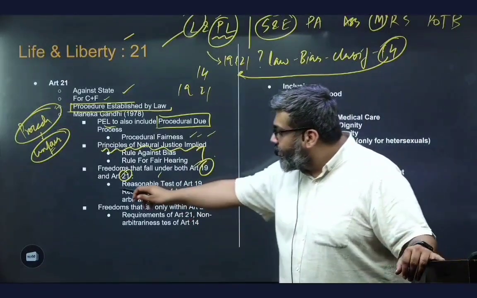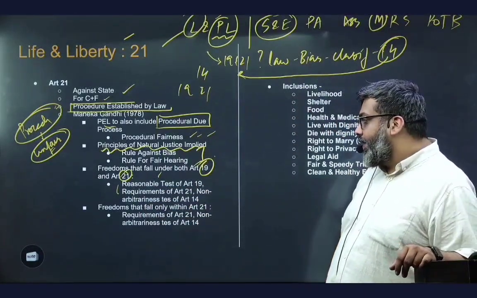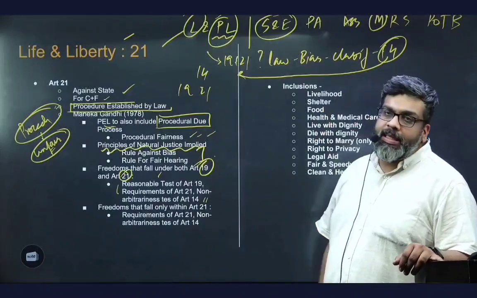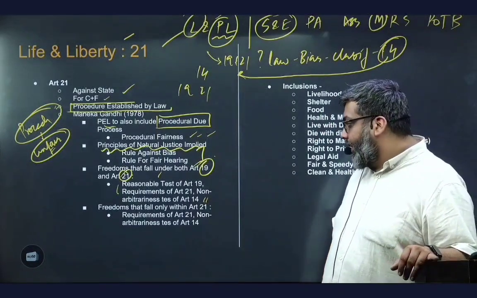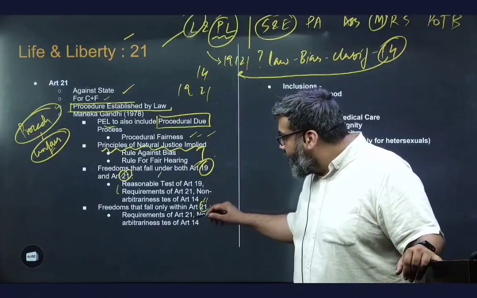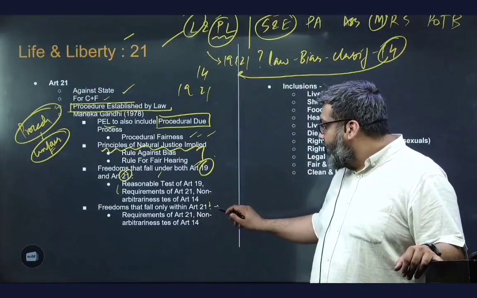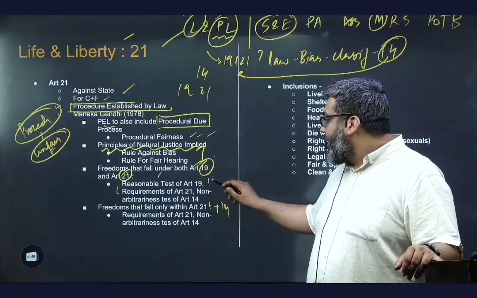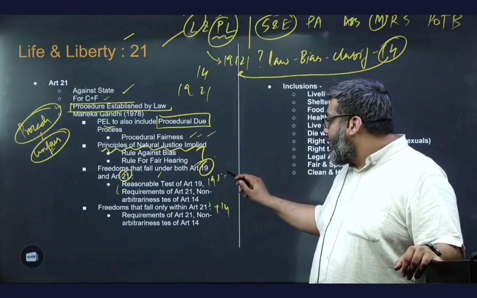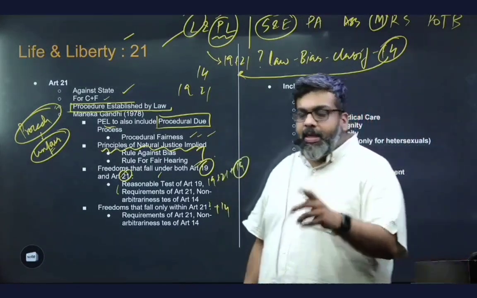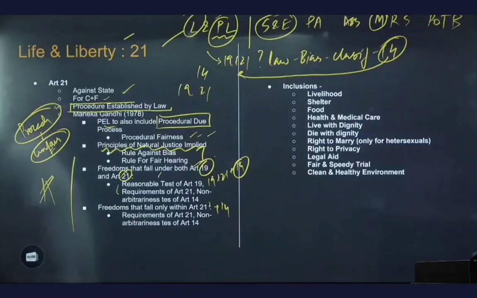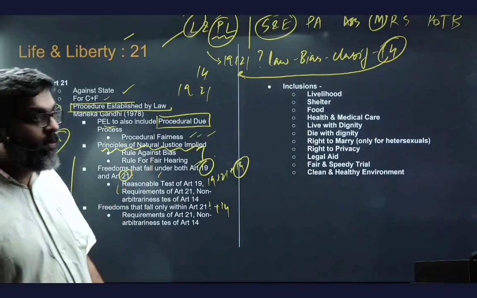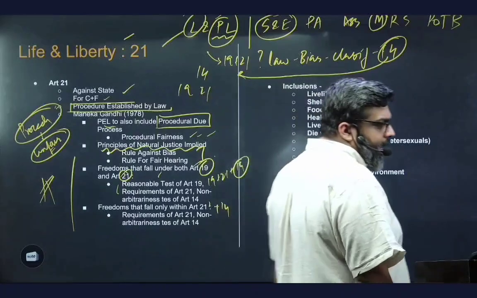You will see if it fulfills the requirements of Article 21, and you will also see if it is fulfilling the arbitrariness test of Article 14. Freedoms which are only about 21, you will see 21 plus 14, but if it's 19 and 21, you will definitely see 14. This is the outcome of the Maneka Gandhi case. It's important for this year's prelims exam because last year they asked you principles of natural justice and due process